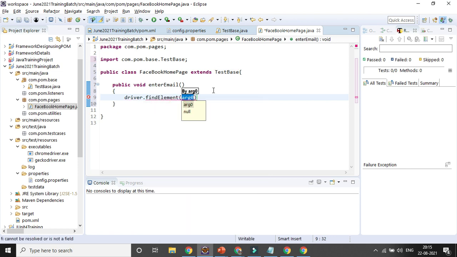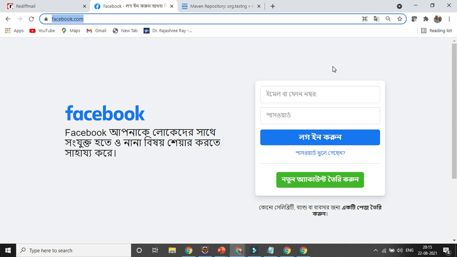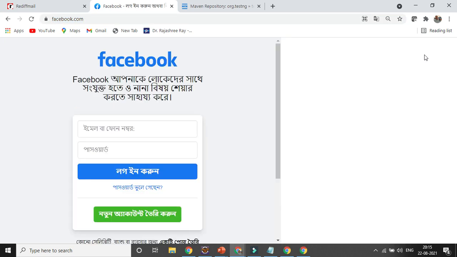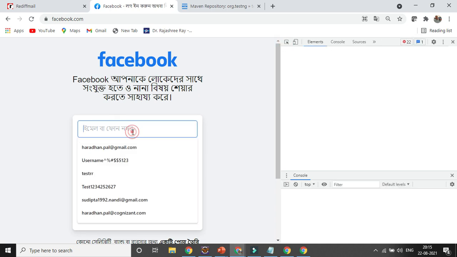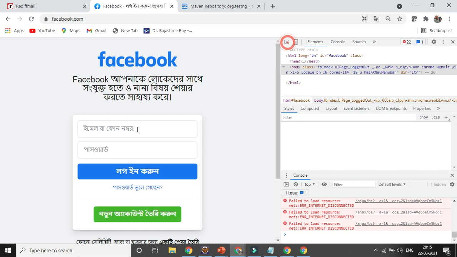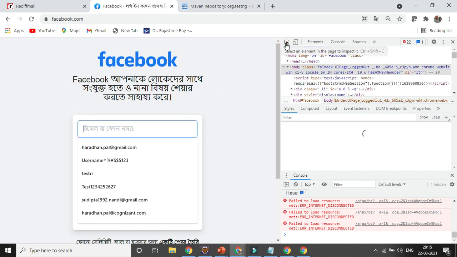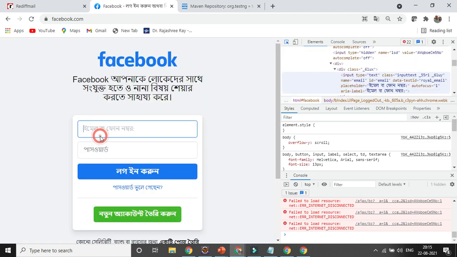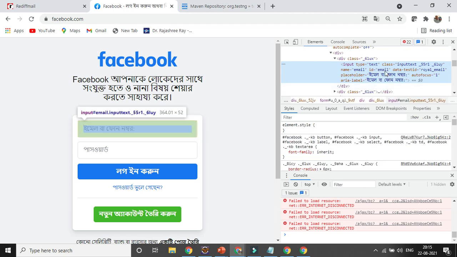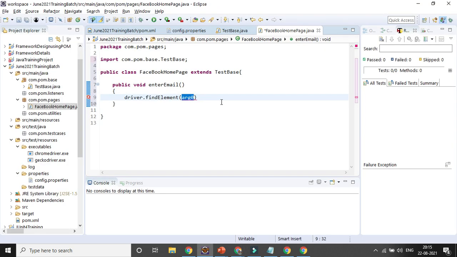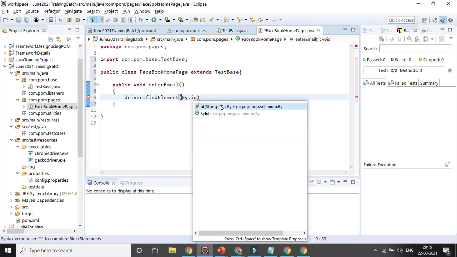suppose say for the enter email, let's try to inspect something. So what is the ID? ID is email, so I can go with that driver dot find element by dot ID.